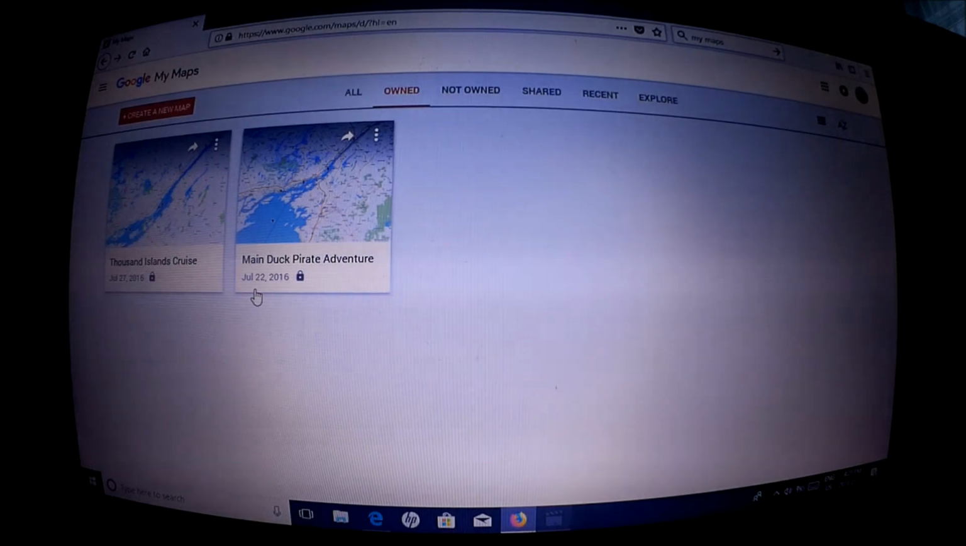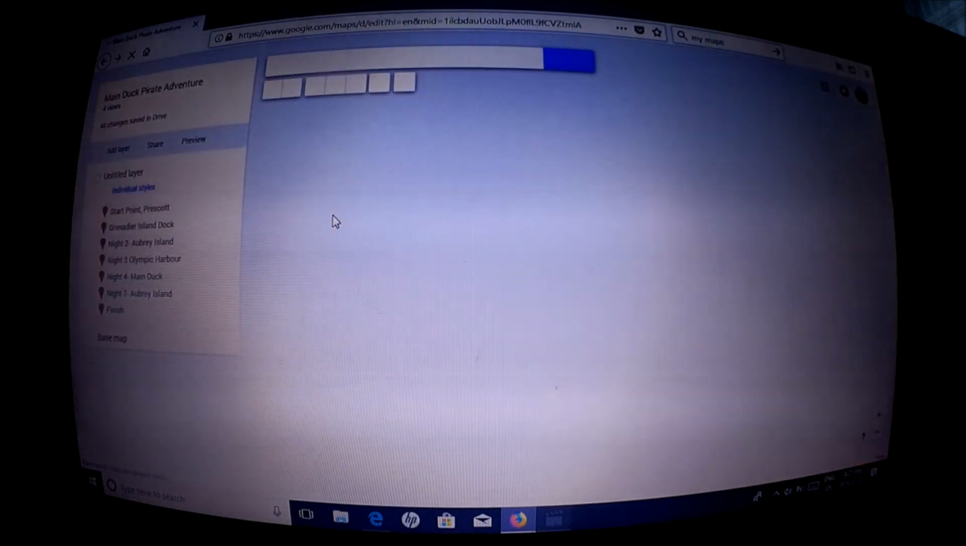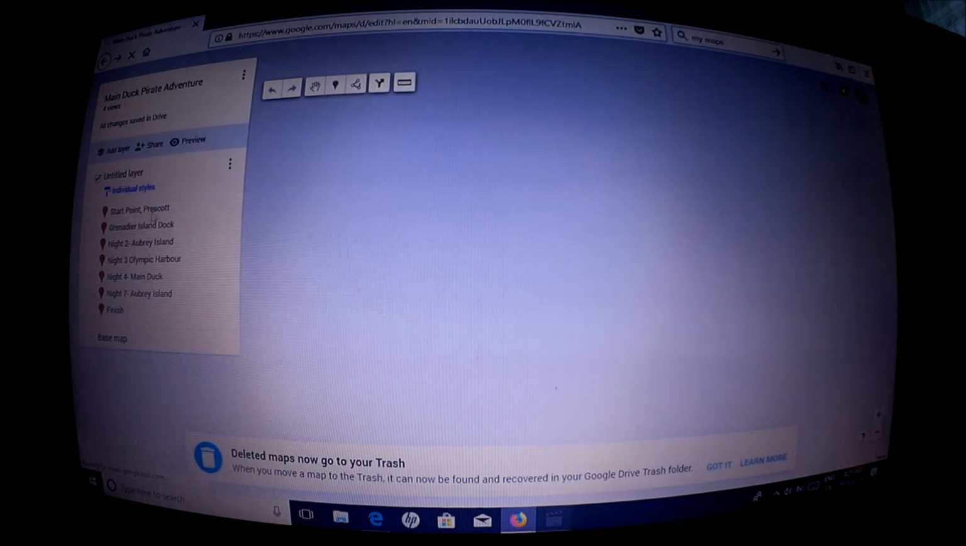And one last thing I want to take a look at is My Maps. So this is where you can go into Google Maps. You can create a route, and you can save it for later, so you can manipulate it or check on it. So here we have a couple of maps that I created back in 2016, and they're still saved in My Maps. So one is called the Thousand Islands Cruise, and the other one is called the Maine Duck Pirate Adventure. So we click on that, and we can see the map that I created back in 2016,